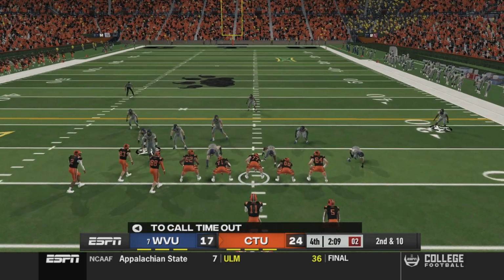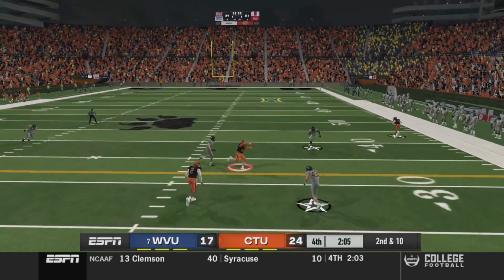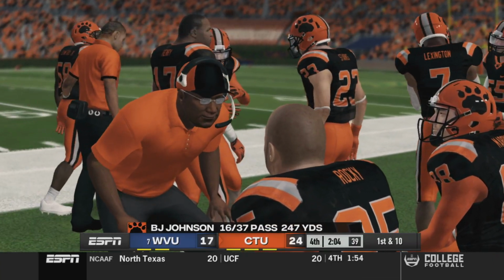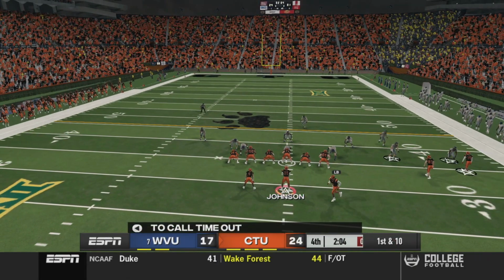7-point game now. We just have to run out this clock. Johnson, the first pass will be a pass play. Quick throw. It's Mike Marone. And that's a first down. That's a gutsy play call by Mo Willingham, the head coach, as he decides to throw the ball instead of